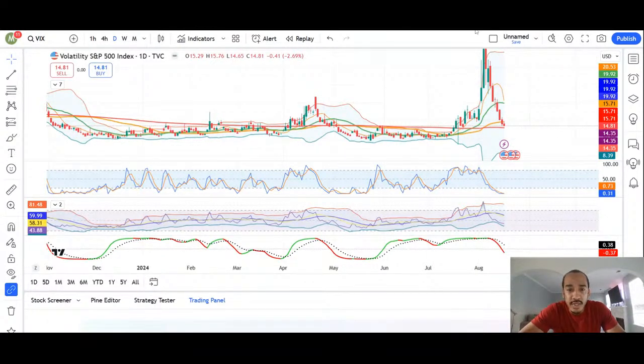So looking at the VIX, it's a lot of lines in my chart. And if you're new to trading, if you stay to the end, I'm going to explain all of this stuff. I'm going to take it out completely, explain each bar chart, each indicator, and all of that. But this red line is the 200 moving average, which is a very strong level of support, which means that the VIX is probably going back up because we're at this level of support.